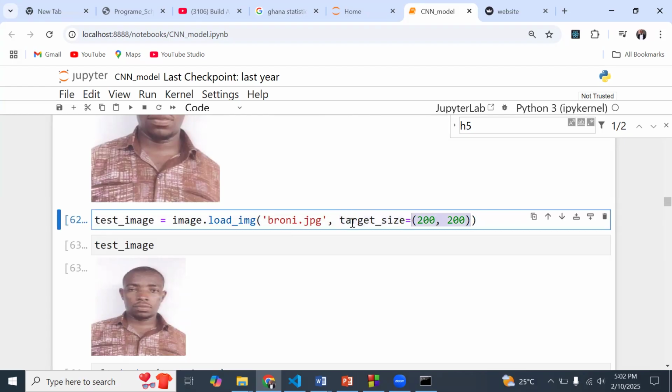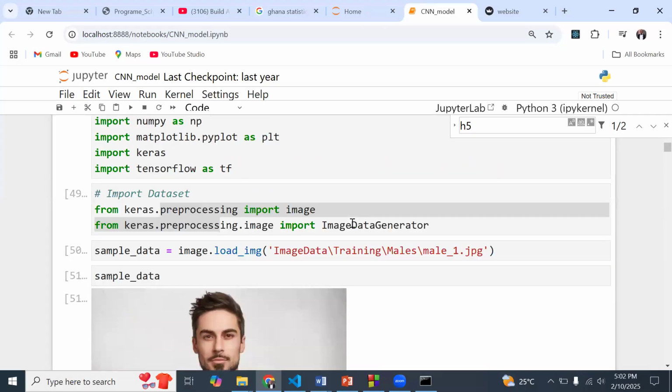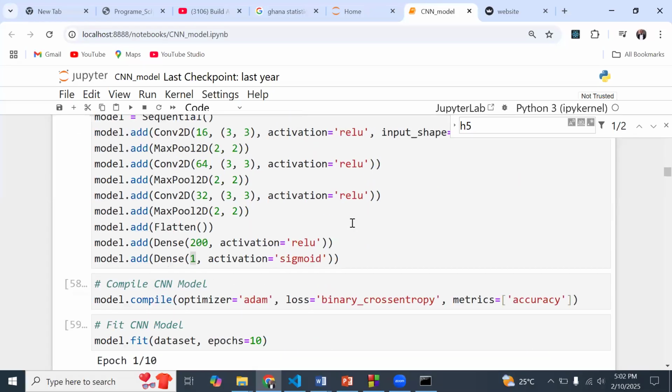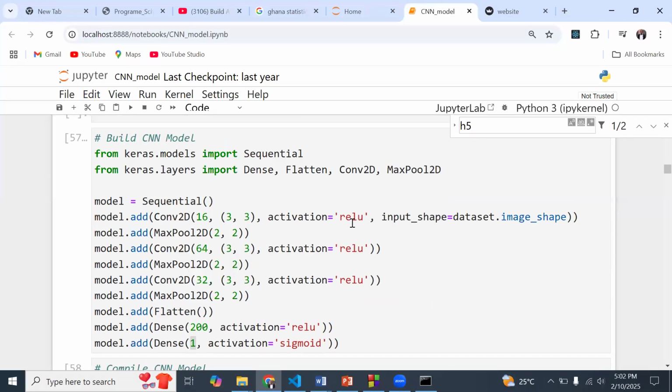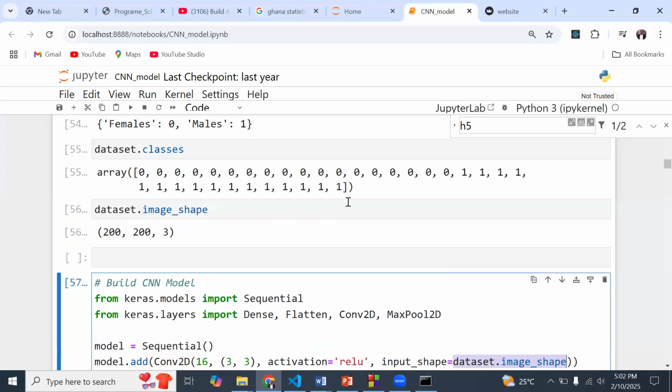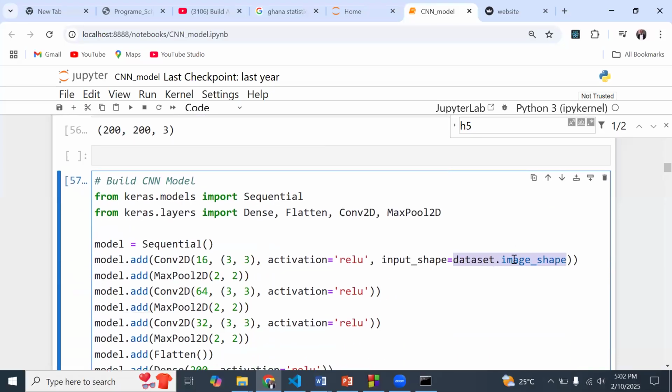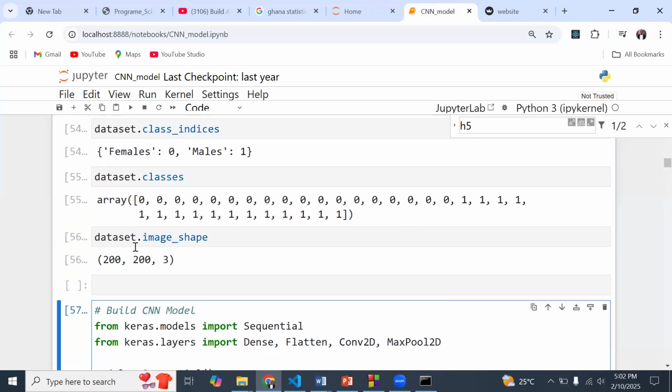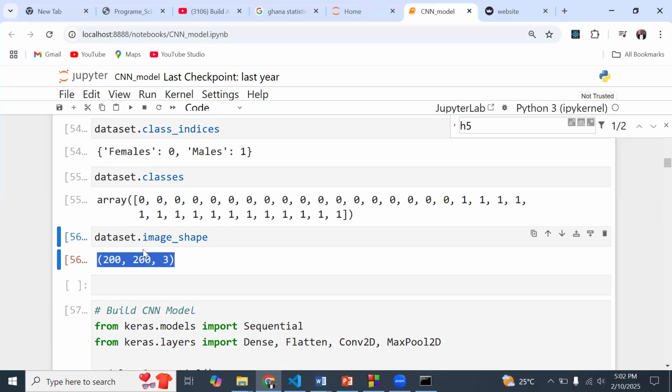For those of you who were not with us that time, let me go back and explain why we have this target size: we are building a neural network model and we needed to put things in shape. We had to specify an input shape, and we decided to use the image shape, which you can see I have as dataset.image shape, which is what I have over here. So it is 200 by 200 by 3.